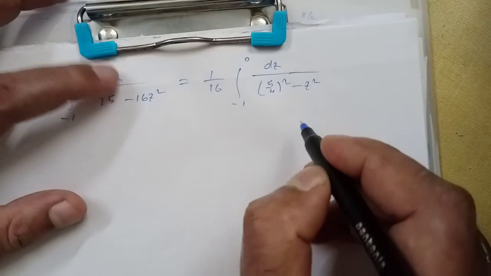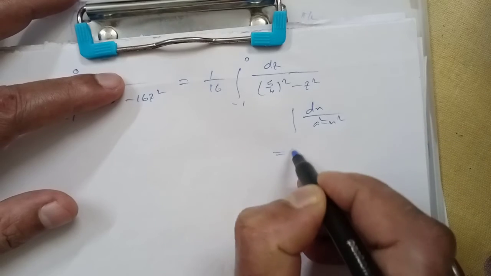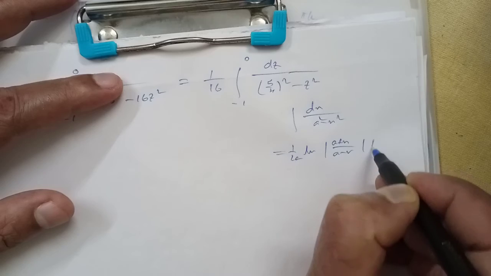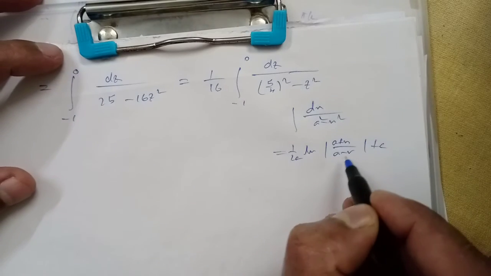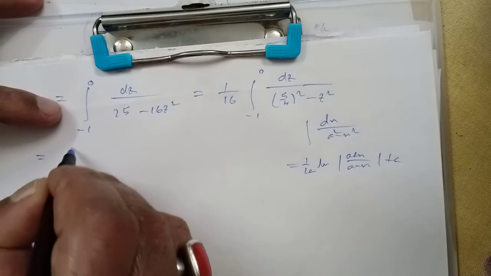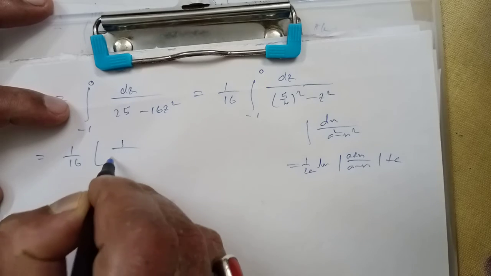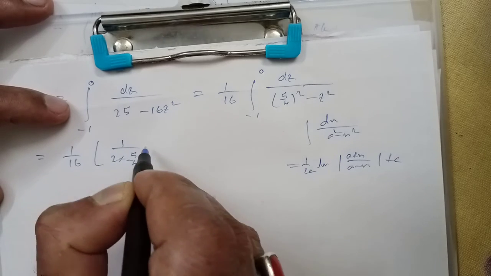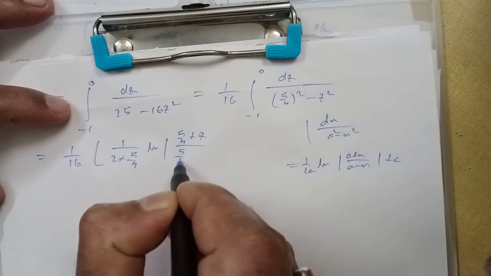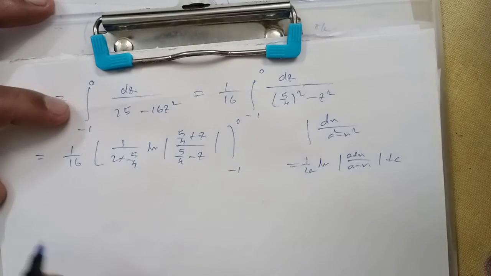So let us recall the formula. Integration dx by a square minus x square. This is 1 by 2a ln of mod of a plus x by a minus x plus c. So apply the formula here. 1 by 16, then 1 by 2a, 1 by 2 into 5 by 4, ln of mod of 5 by 4 plus z by 5 by 4 minus z, minus 1 to 0,